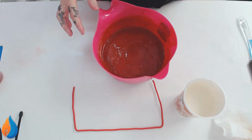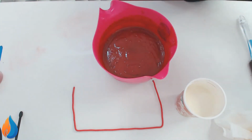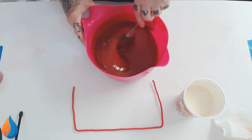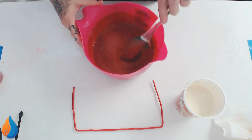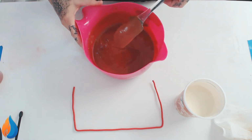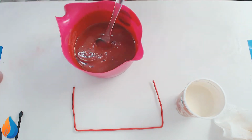Now that still looks lumpy, but it's not. I just put a whole lot of bubbles in it. That's so much better. Yeah, you can see, it's just bubbles. Alright, well, before that does anything stupid,